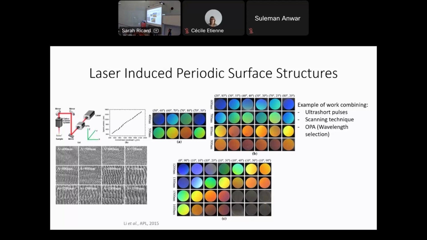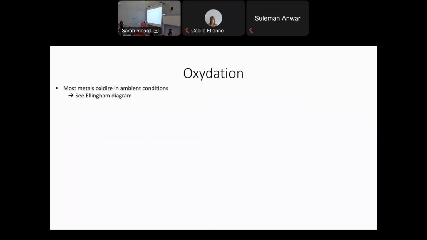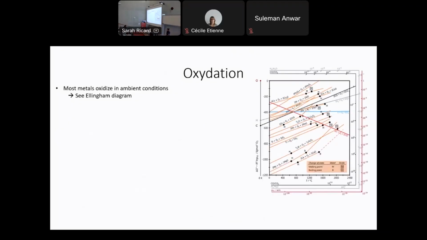So this is how to obtain a full range of iridescent colors on, for example, stainless steel. The question is, can we use the lasers to have non-iridescent color? What I showed for now is ultra-fast lasers creating surfaces. But the other way is to have oxidation. So most metals, as you know,